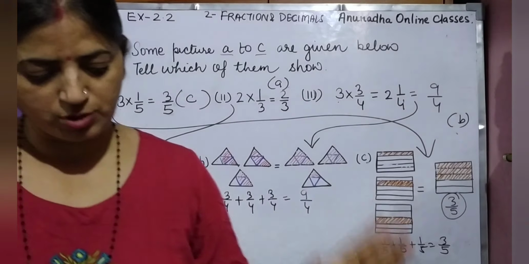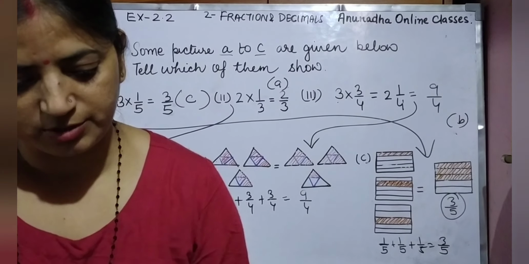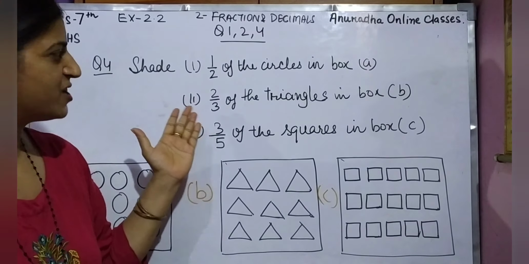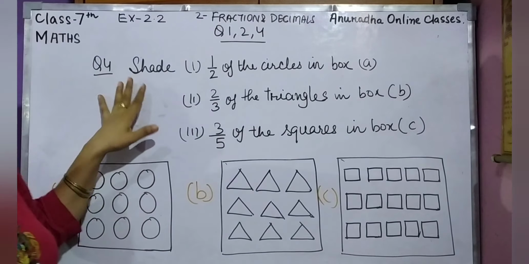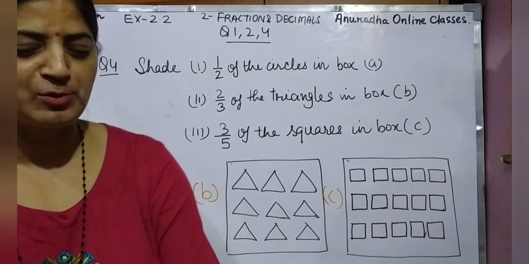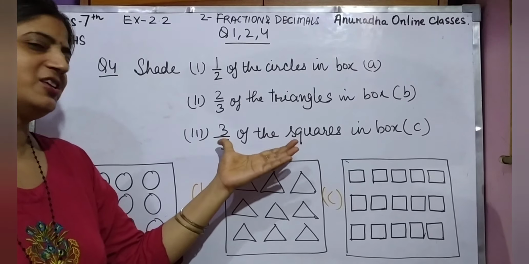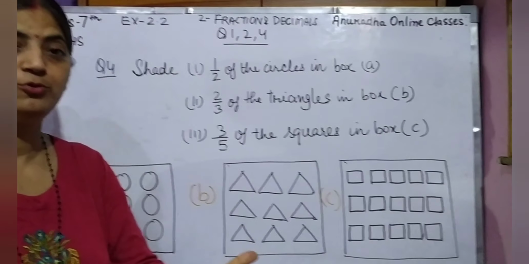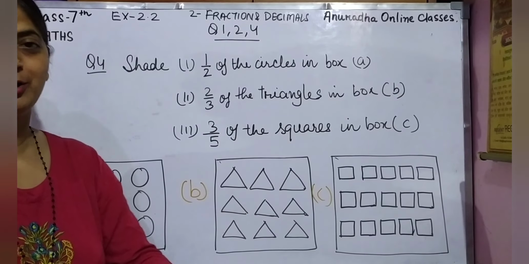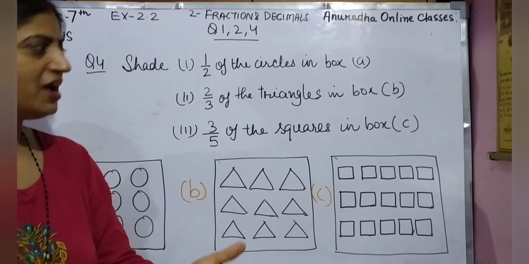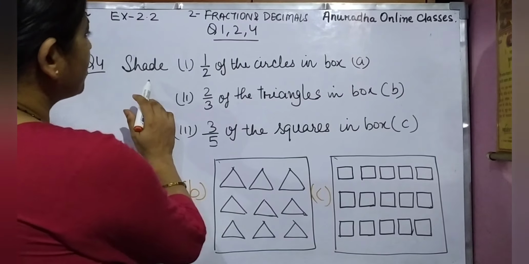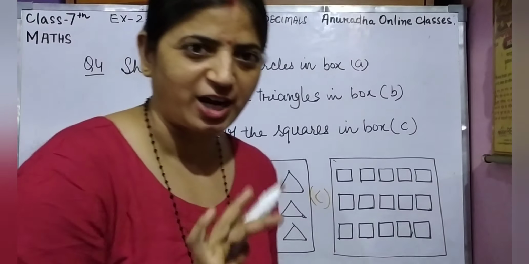Let us come to the next question. Let us come to third question children. That is fourth one question. Third question is little bit different. So I have taken all the figure type question for you this time. Okay. In next video we will do what? Multiplication and all that in the next question. Now see. The fourth question is shade. You have to shade the picture, right?